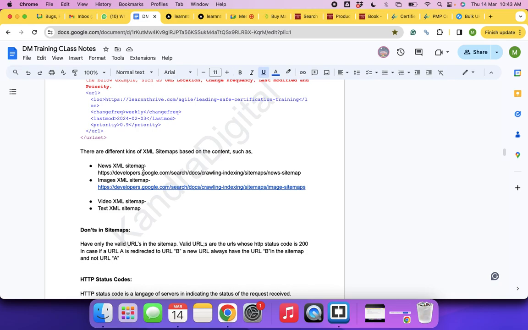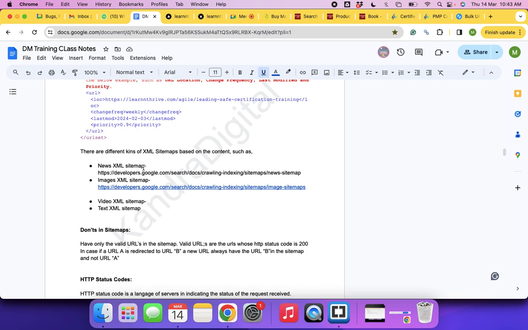So if XML sitemap is clear, we'll try to understand HTML sitemap. Is XML sitemap clear for all of you? That is one of the implementations. Again, we are creating convenience for bots to understand the list of all the URLs on the website. To implement such sitemaps, we have to understand how XML sitemaps work and their guidelines. And after creating an XML sitemap, you can go and inform this to the bot.